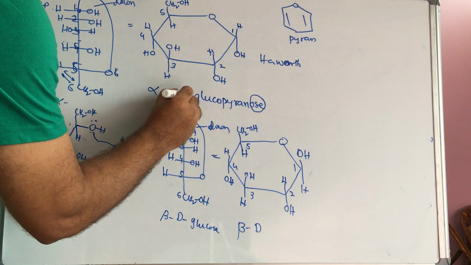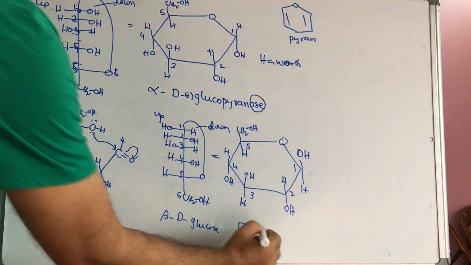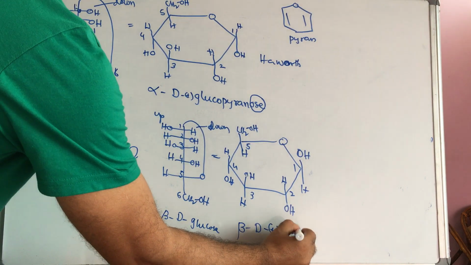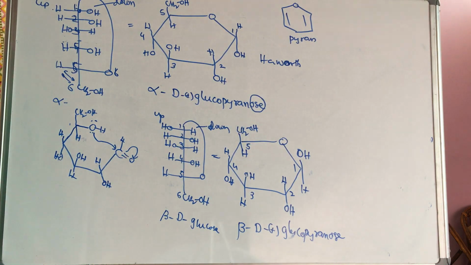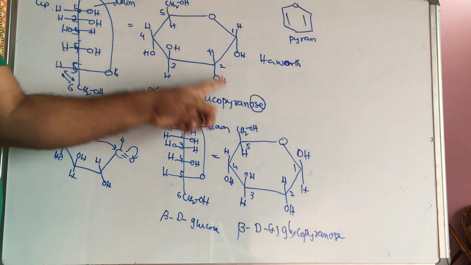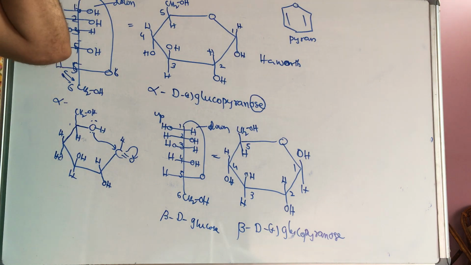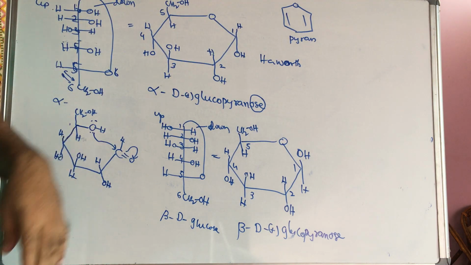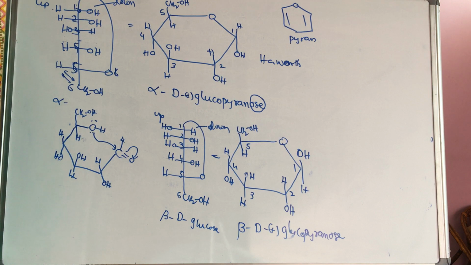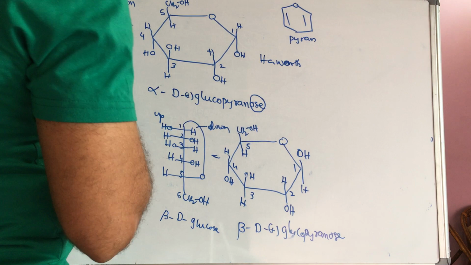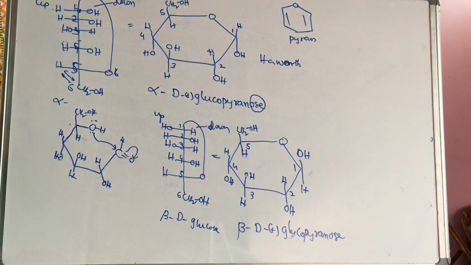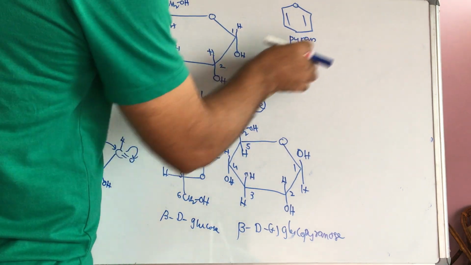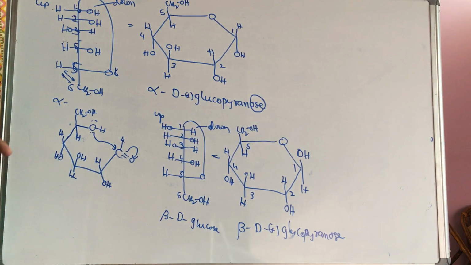If you want, here you can also write plus, plus indicating dextro. This is plus glucopyranose. So these are very important 1 or 2 marks questions for PUC level. Sometimes in competitive exams, they may give options asking which of the following is the alpha D glucopyranose or beta D glucopyranose. So this is very important. But sometimes they may ask which is more stable, alpha or beta. To know which is more stable, we will first convert into chair form.